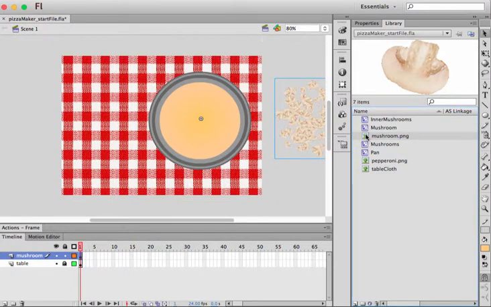Go ahead and grab that mushroom PNG and drag an instance of him to the stage. Remember that you can change his size using the free transform tool and holding down your shift key to change the height and width together. And then